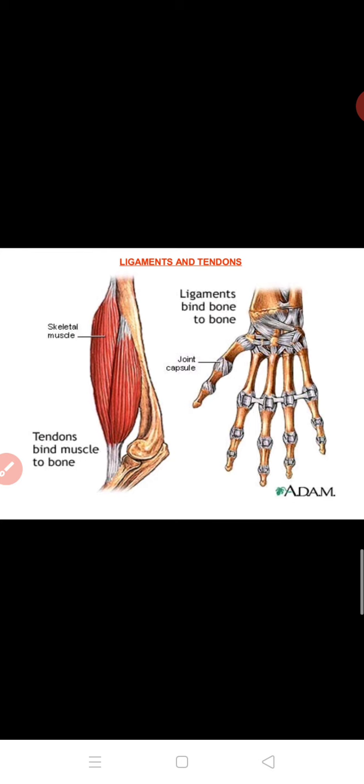Next is tendon. Tendon connects muscles to bones. मसल्स टू बोन्स, मसल्स भी तो बोन से जुड़े होते हैं तभी मूवमेंट हो पाती हैं. So tendons are those tissues which connect muscles to bones and are another type of connective tissue. Tendons are fibrous tissues with great strength but limited flexibility. Strength तो बहुत होती है उनमें but flexibility थोड़ी limited होती है ना.